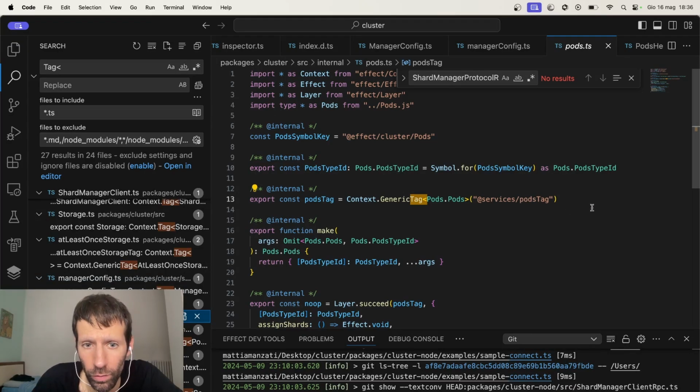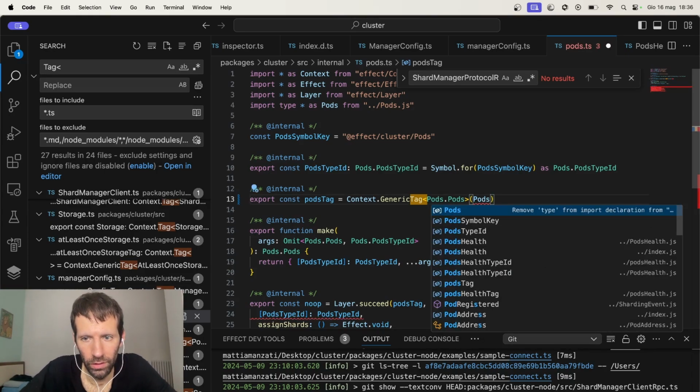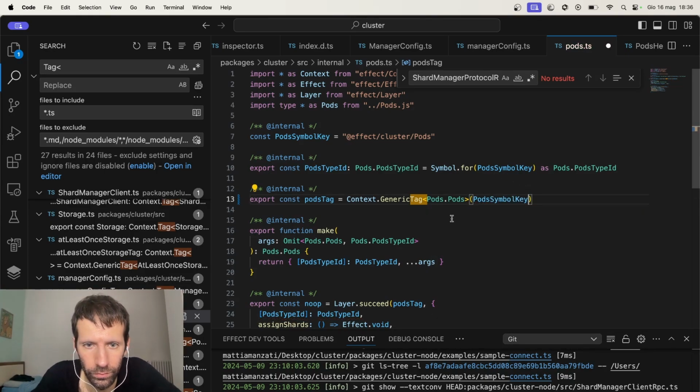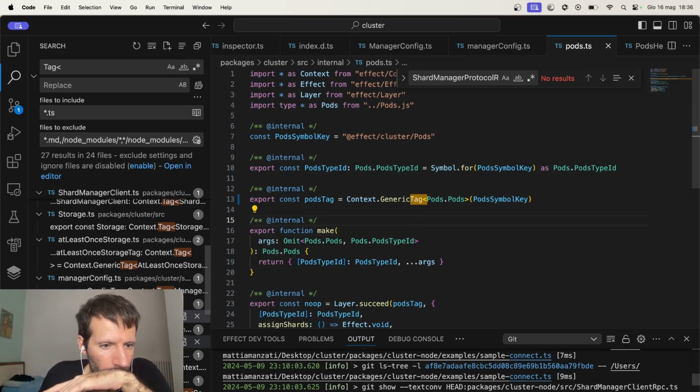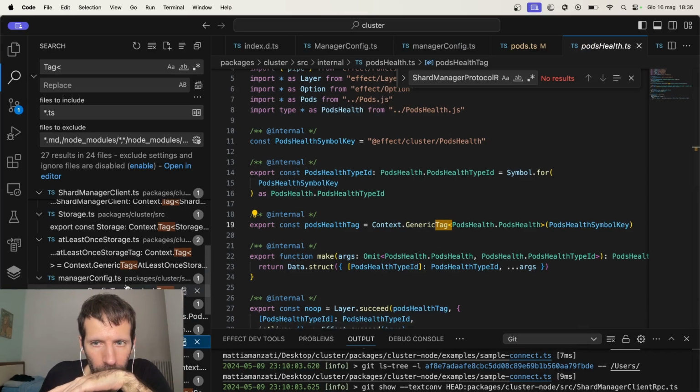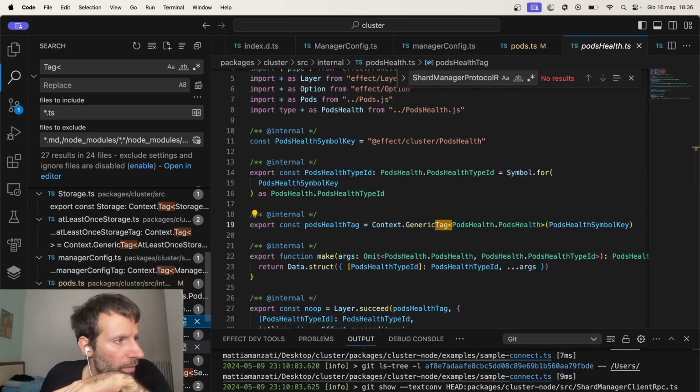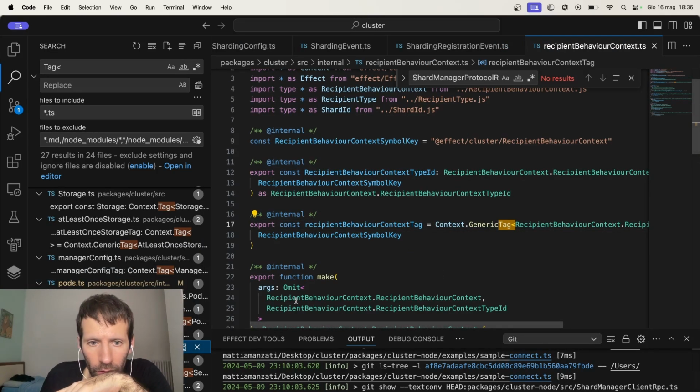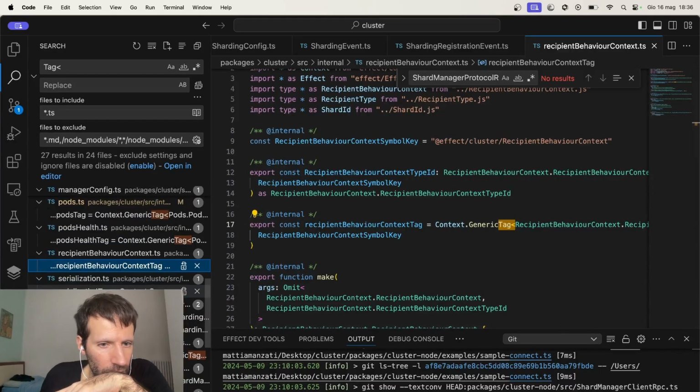Okay, this one instead is wrong, because instead of this, we now want to use pods symbol key. And save. And pod else symbol key, that's perfect. This one uses the symbol,